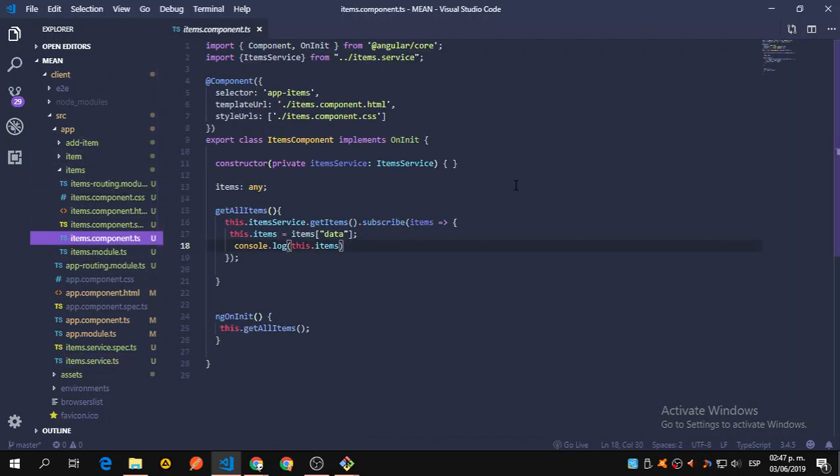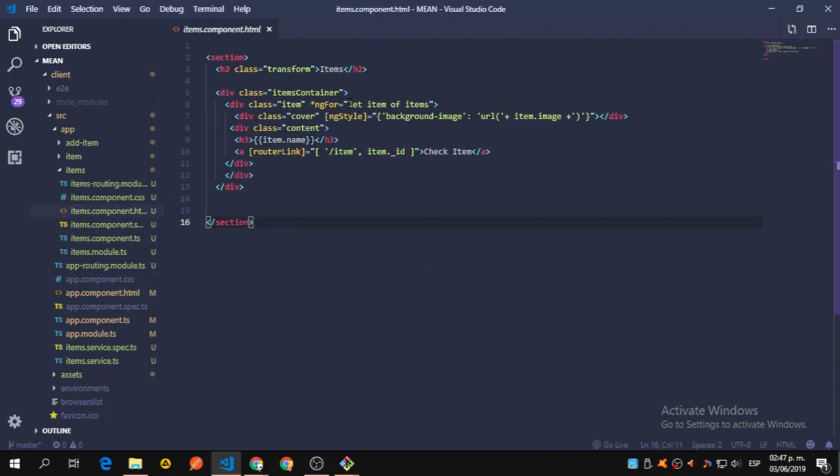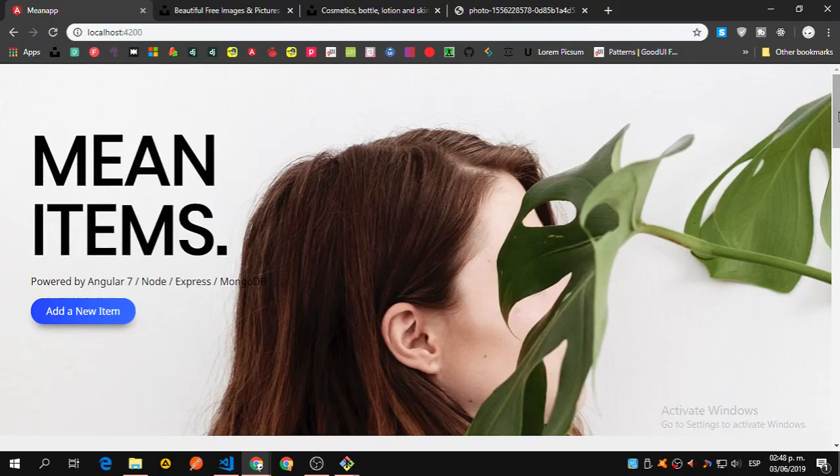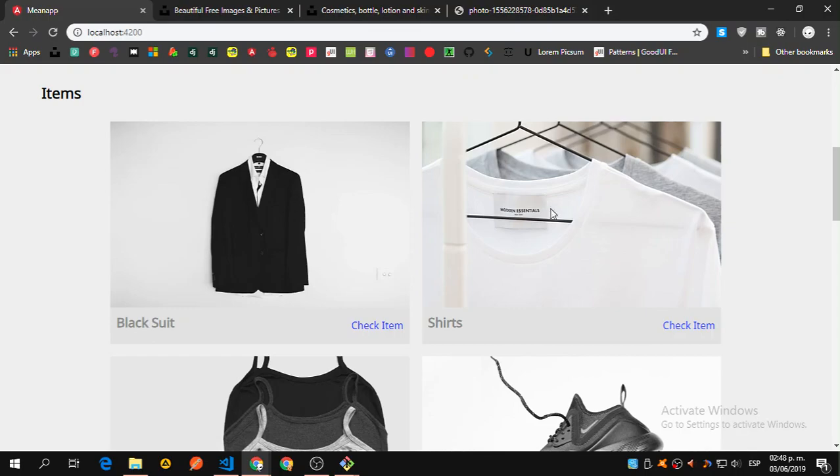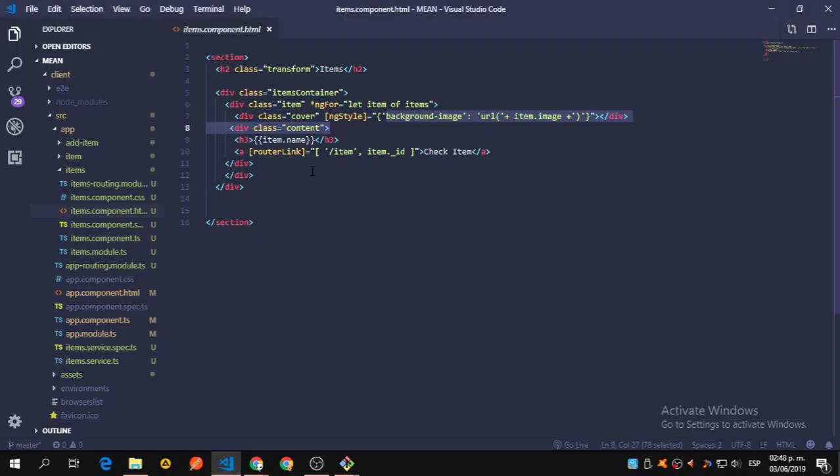So these items is going to get this function. Let me see, because we're looping through these items using the ngStyle to set the background image here, because this is a background image. So we are looping through that and we are setting a link to the router, I mean to the ID